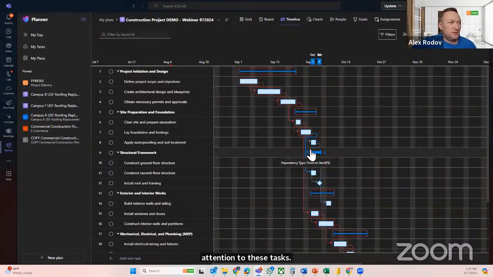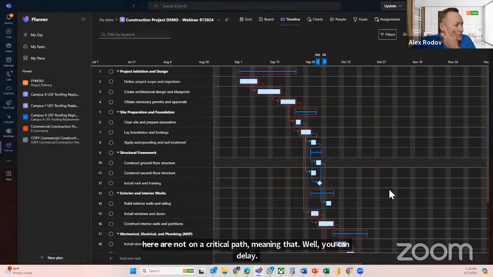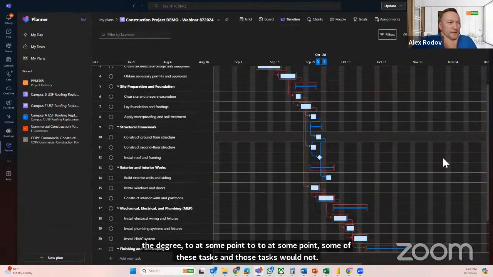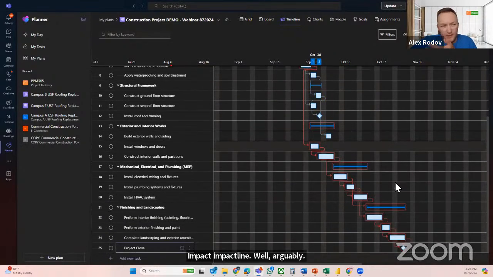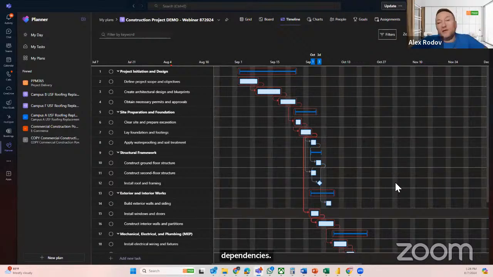And look at these guys here. These are not on a critical path, meaning that you can delay some of these tasks to a degree, and those tasks would not impact the deadline. Well, arguably, you can say it's almost accurate, and the reason why it's almost accurate is because I made some mistakes on purpose while setting up those dependencies. But anyway, as far as critical path, this is where you want to look and pay attention to